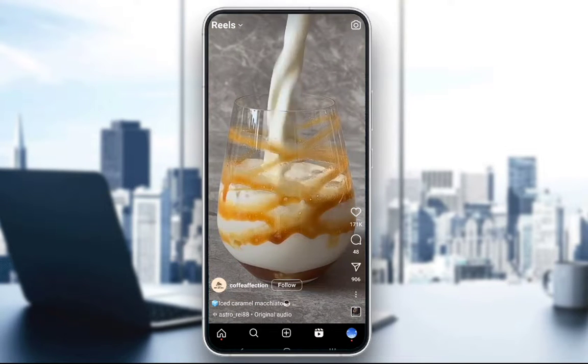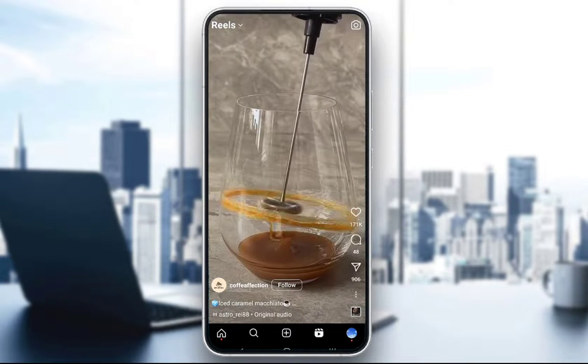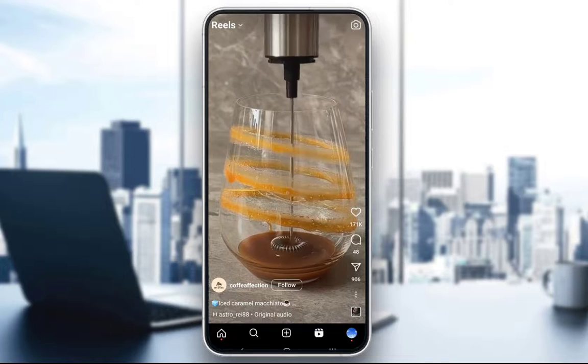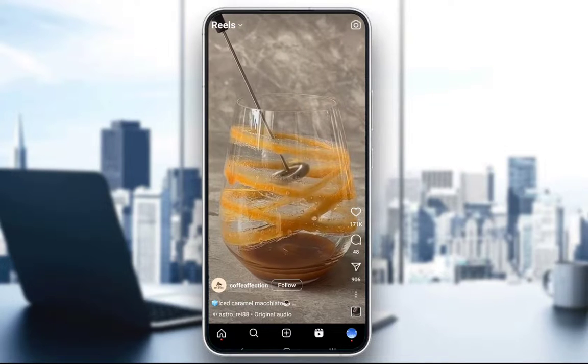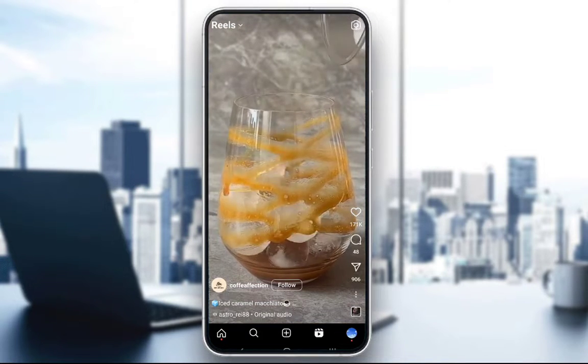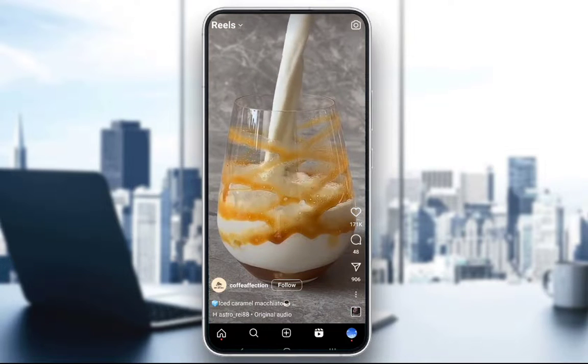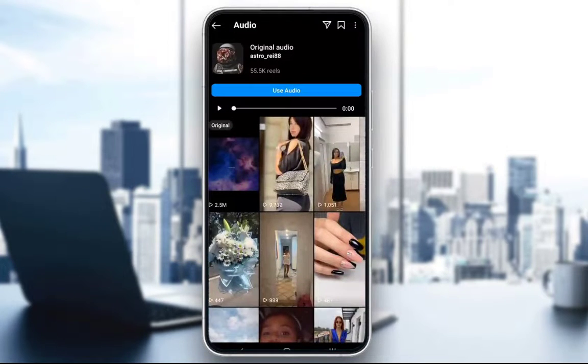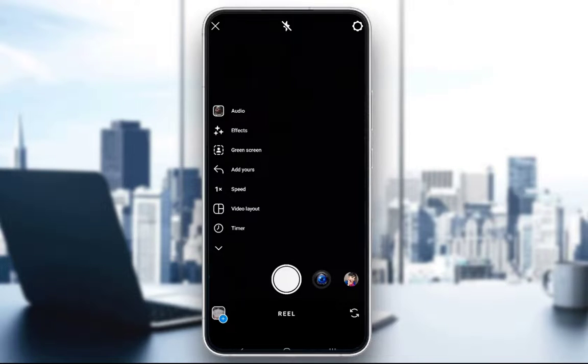So to actually use its audio, at the bottom of your screen you see the username of whosever audio it is and the original audio tag. And to actually use it, just click on it, and you'll be taken to this screen. You can preview the audio here by clicking the play button, or you can just use the audio, and once you click on use audio, you will be taken to your reel creation screen where your audio will be replaced